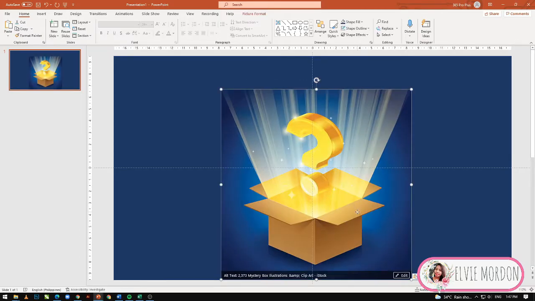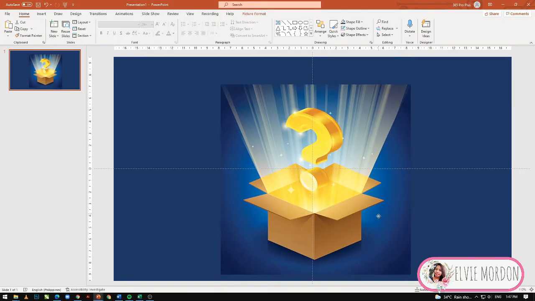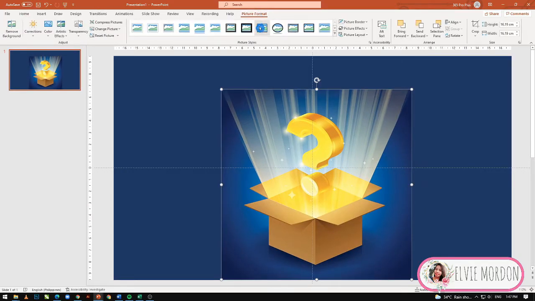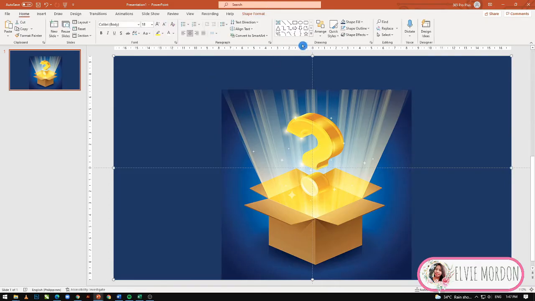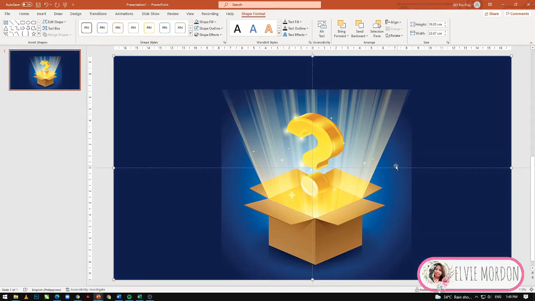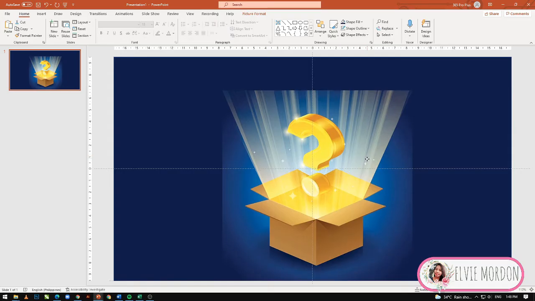Ayan. Then, i-adjust lang natin yung kanyang position. Then, yung color ng ating background, make sure na kakulay din siya ng ating background ng mystery box. So, gumamit lang ako ng eyedropper. So, ayan. Then, mag-insert tayo ng shape para sa ating